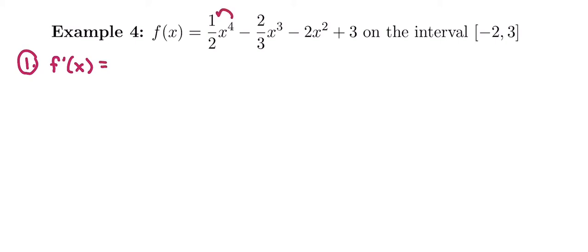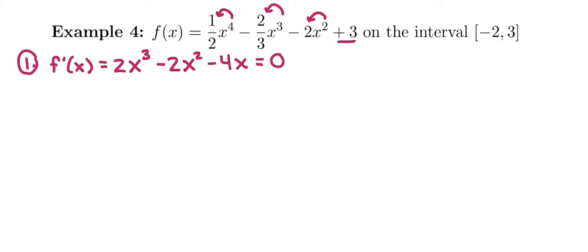I'm going to bring down the power. I have half of 4. Half of 4 is 2, x cubed. Bring down the power 3. I'd have -2/3 times 3, which would just be -2, x squared. You can always use a calculator. Then I have -2 times 2, which is going to be -4x. And then the derivative of 3 is 0. It's a constant. So I'm taking my derivative, and I'm going to set it equal to 0 and see if